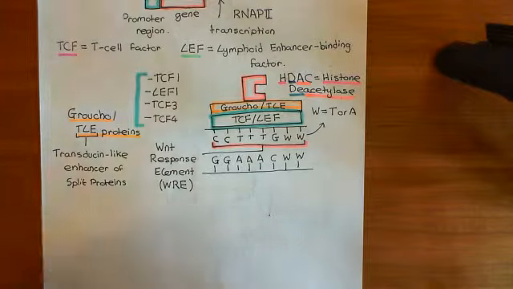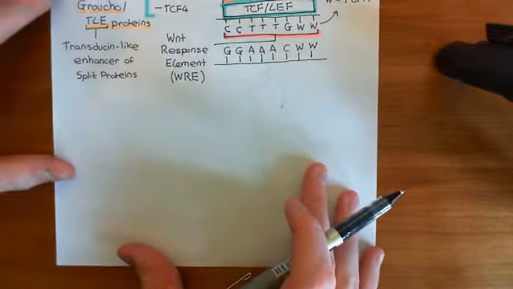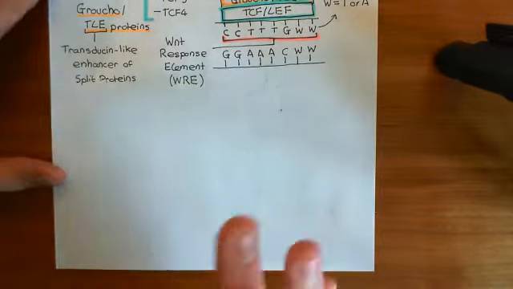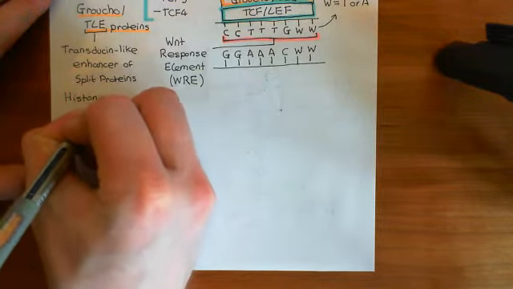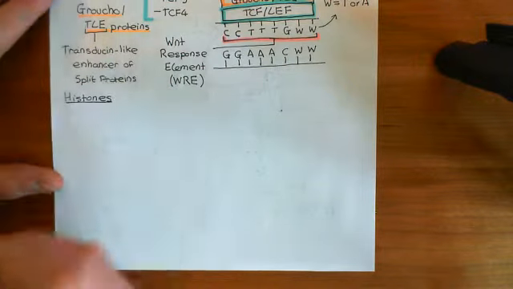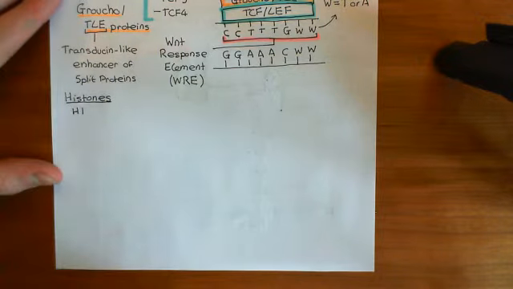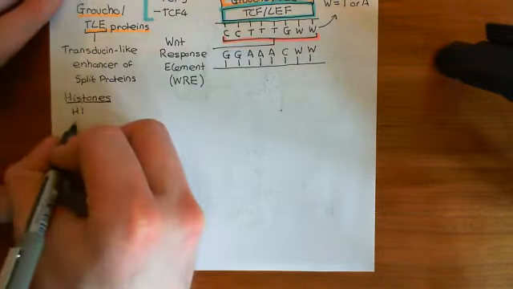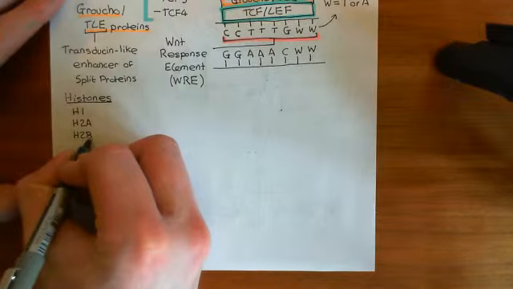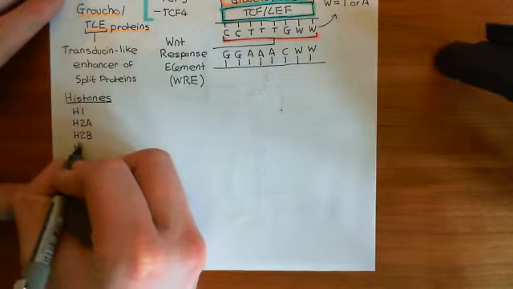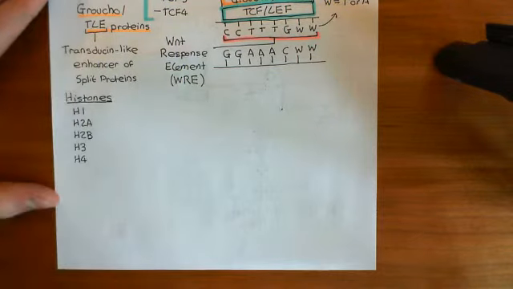Okay, so in order to understand the significance of that, I'm going to now discuss histone proteins with you to make sure that everyone's on an equal footing with regards to their understanding of histones. Okay, so let's discuss histones then. So, there are 5 families of histone proteins within humans. Okay, there is the histone 1 family of histone proteins. There is the histone 2A family of histone proteins. There is the histone 2B family of histone proteins. There is the histone 3 family of histone proteins, and then finally there is the histone 4 family of histone